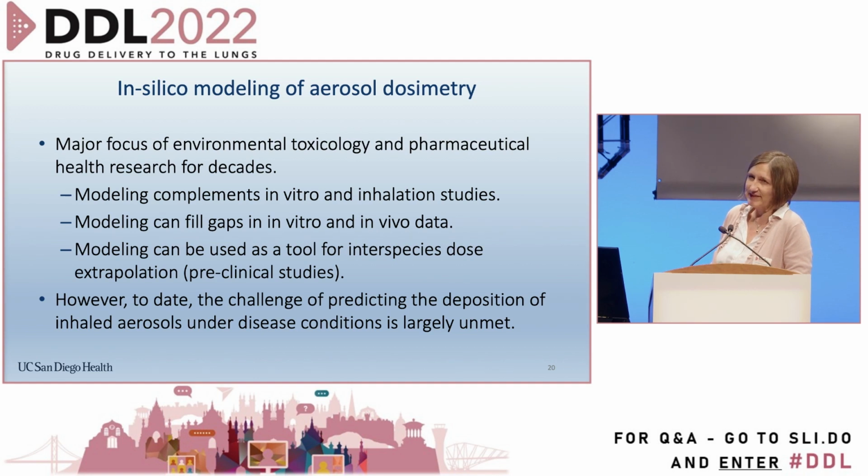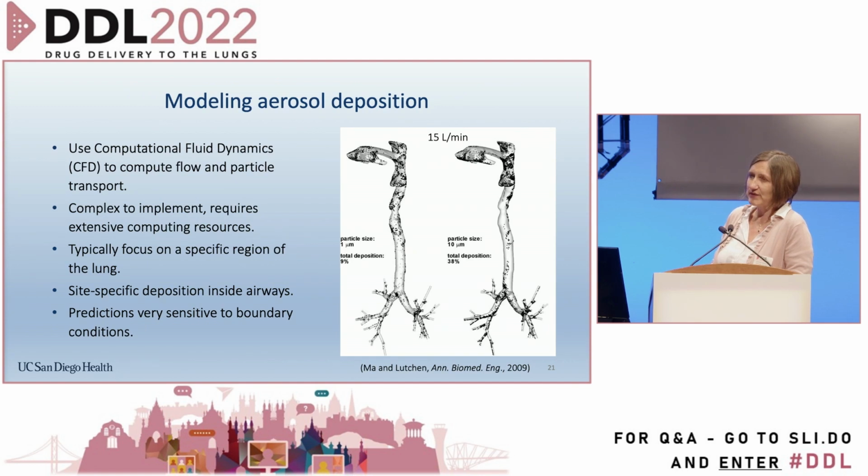So the type of modeling that gives you that per-airway information is usually done with computational fluid dynamics, a kind of complex technique that was presented a little earlier today for the MPDI technology development. It gives you pictures of where, based on different conditions, particles deposit in the lung, and you can look at hotspots and analyze the data at a very coarse, fine level that may even be too much in practical